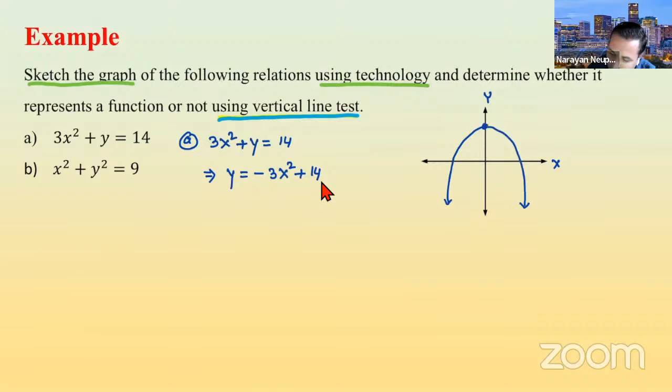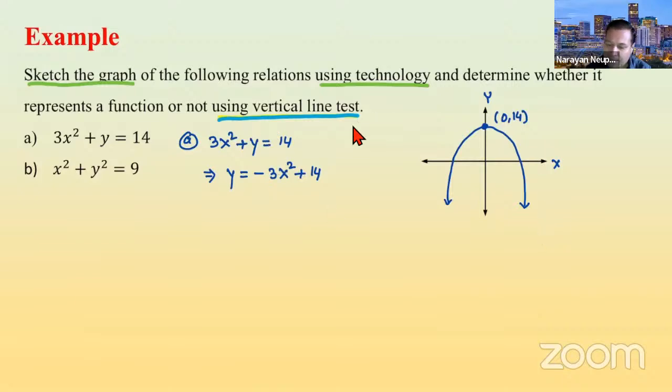And this point, it's 14 units above origin. So that will be x is 0, y is 14. That will be the graph. Now, what we're asked to do is after we draw the graph of this function, we are asked to use